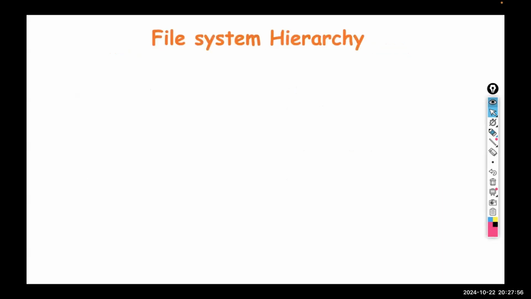Okay, next. File system hierarchy. This is very, very important. In the Windows operating system, once you install your operating system and the setup is completed, we can see the main thing. The first part is the C drive. If you want to do partitions, you can do D drive or E drive, but by default, you will be having only the C drive. Inside the C drive,